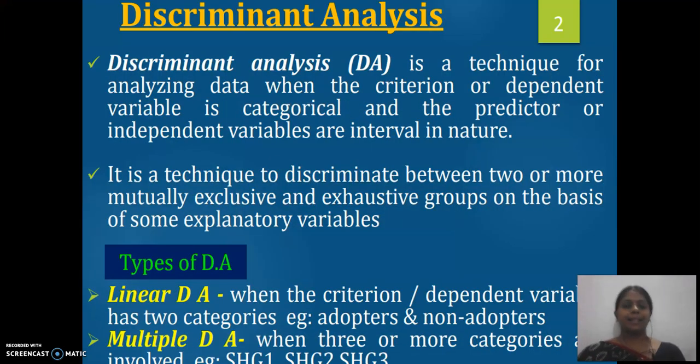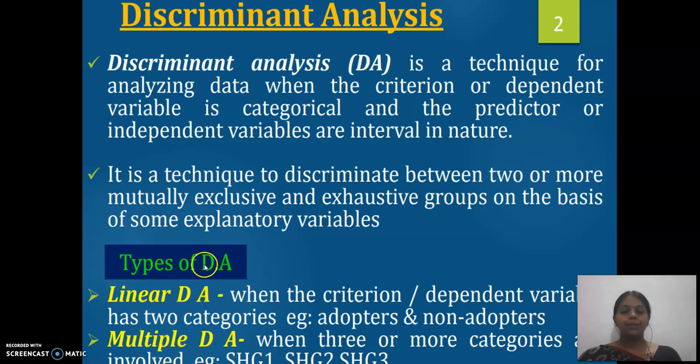Discriminant analysis is a technique for analyzing data when the criterion or the dependent variable is a categorical variable. As in the example I gave, the grade, the target variable, is categorical, so it is a classification problem, and the other variables are interval, numeric in nature. It's a technique to discriminate between two groups, as I said, pass or fail,